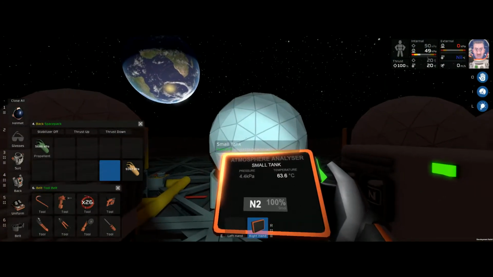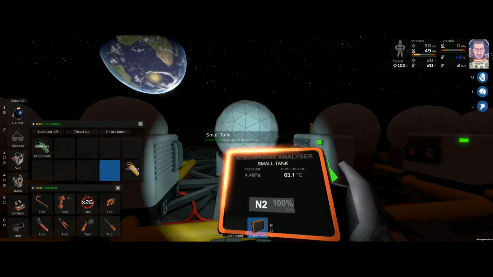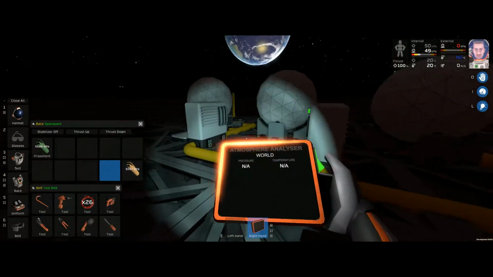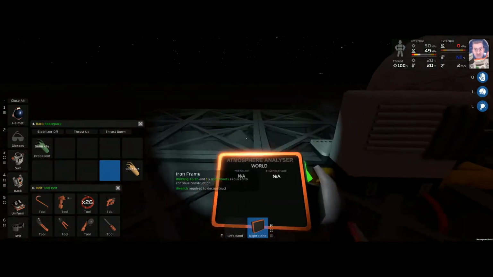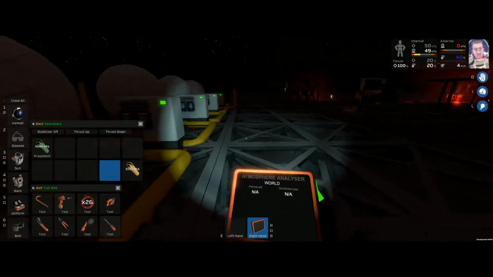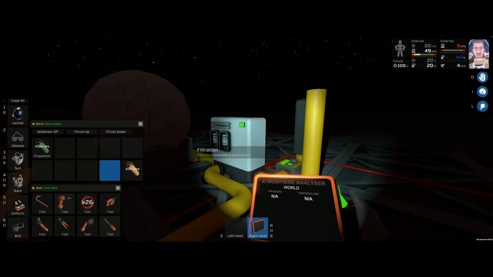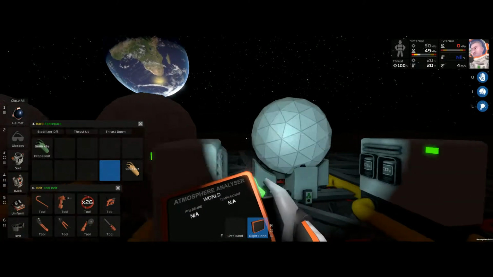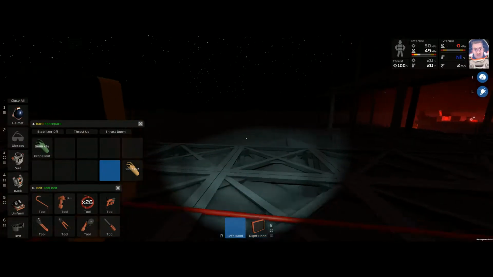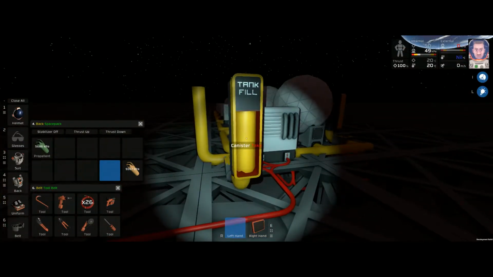And we have N2 in the N2 tank, 9 moles, nothing impressive, but hey, it's more N2 than we had before, right? And we got a whole bunch of X, which we expected as well. Might not be a whole bunch, but the most. And there's CO2, and there's oxygen. So what I can do, until I think I have enough for our greenhouse,